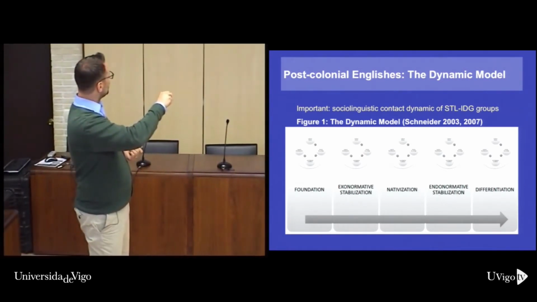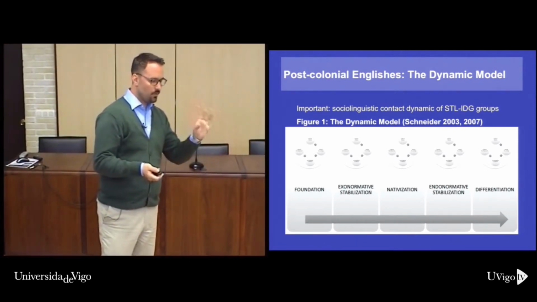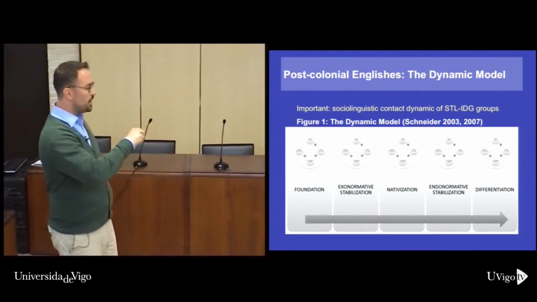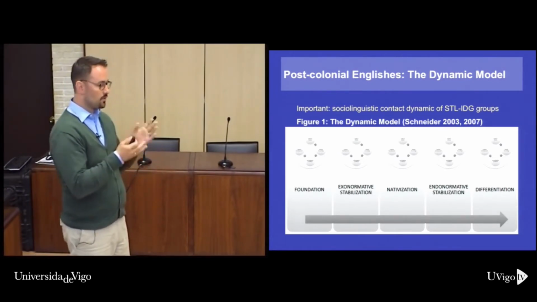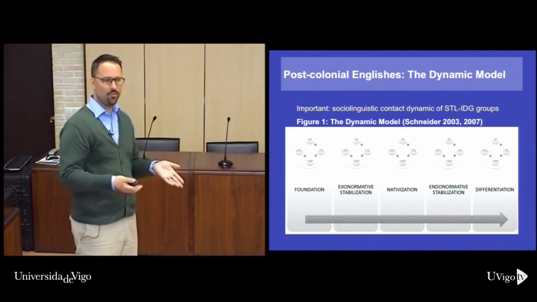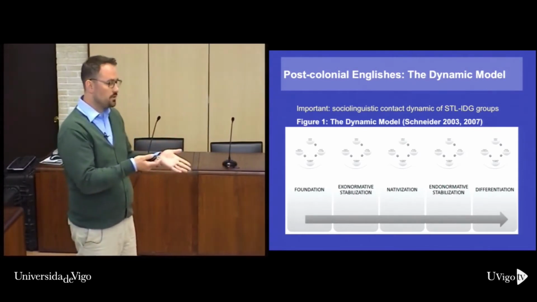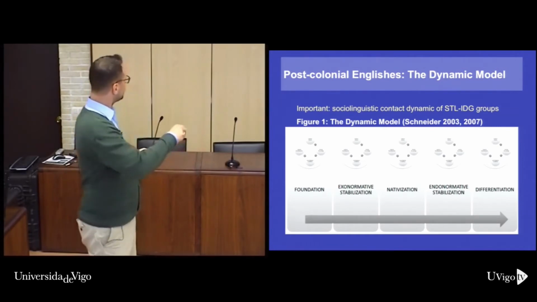There is a little circle going on for all of these, because Edgar looks at 4 different things at each of these stages. But he also has a step-by-step model where he says some things follow in a kind of way. So the first phase would always be foundation, when English is taken to a new place. Okay? And you've got a certain number of native speakers in this new place, but they would still perceive of themselves as British. Okay? They're there on a short-term basis, there's nothing special about that, and then you get limited contact with the indigenous people, usually trade and missionaries, that kind of thing.